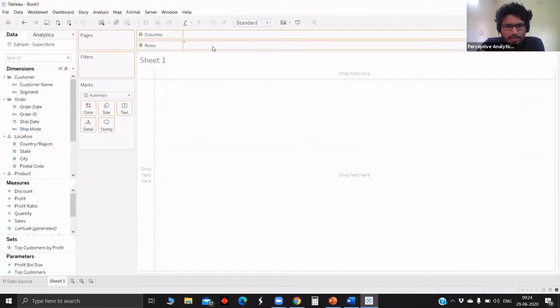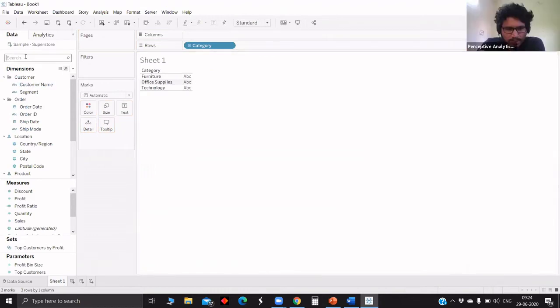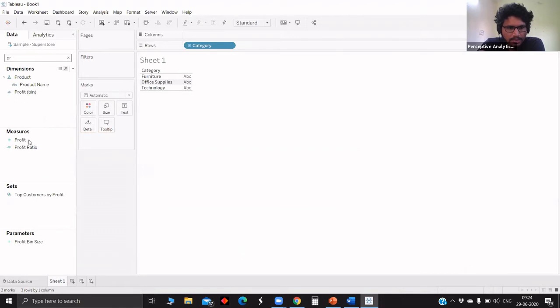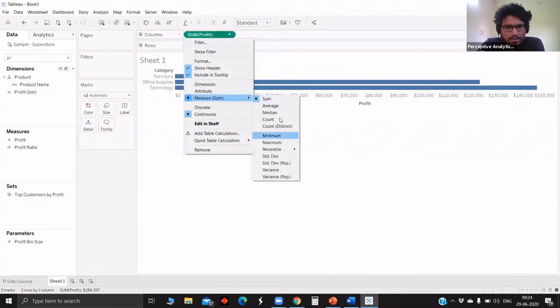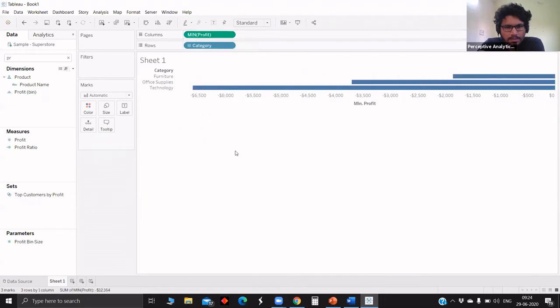Jairam, can you drop category into rows, and drop profit into columns with aggregation minimum. Okay, so in that particular furniture category, of all the rows, it's giving me the minimum profit recorded at a row level.